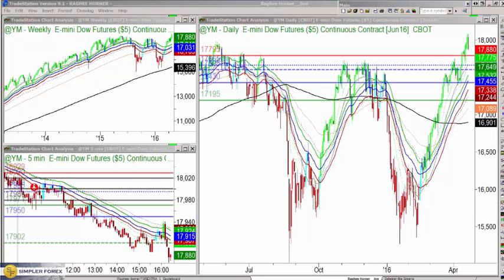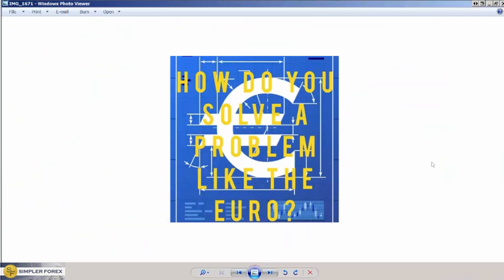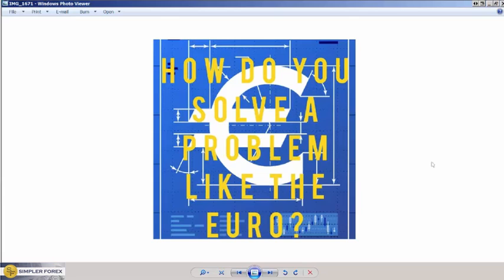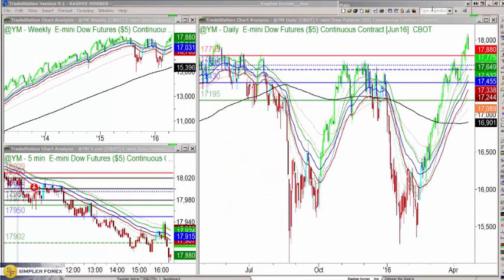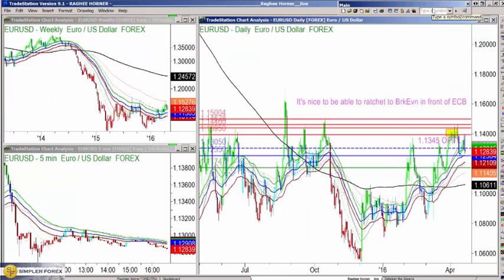I want you to take a look at the US dollar. I want you to take a look at those quarterly contracts in the Fed Fund futures. And actually, I would rather you take a look at the Euro US than even the dollar index. And here's why. The Euro US is almost a perfectly inverse look at what's happening in the dollar, because a